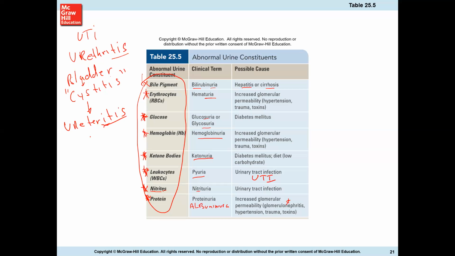And then if it continues up into the kidney, you can have what's called pyelonephritis. Pyelonephritis is a kidney infection. And that's pretty severe if you have that happening in all your nephrons with excess release of PMNs